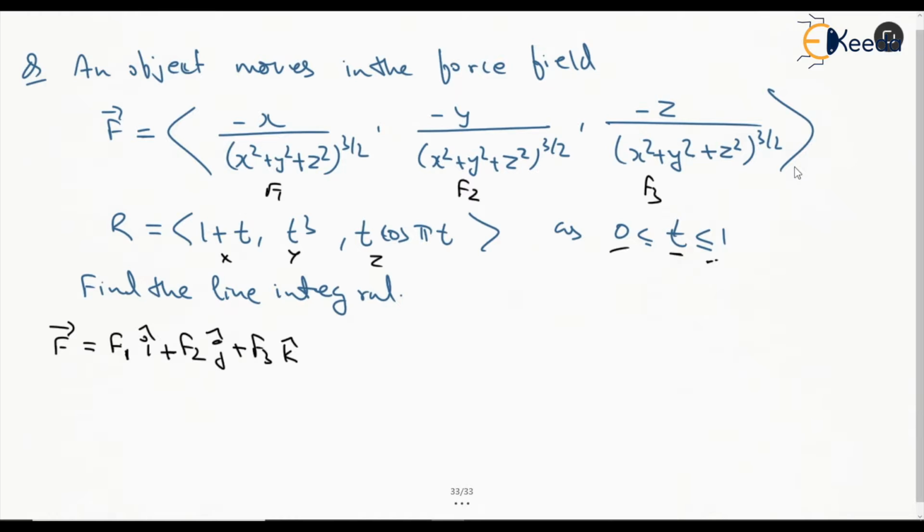Now if by observation or by any ways we can say that there is a potential function for this field function, then that will mean that this field function F will be conservative, and instead of choosing this path we can choose any path for the parameter from 0 to 1, and it will give the same line integral, right? So what if we take the potential function to be equal to 1 by (x square plus y square plus z square) to the power of 1 by 2.